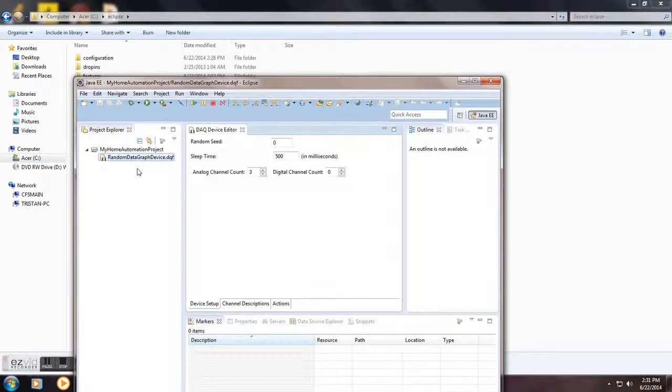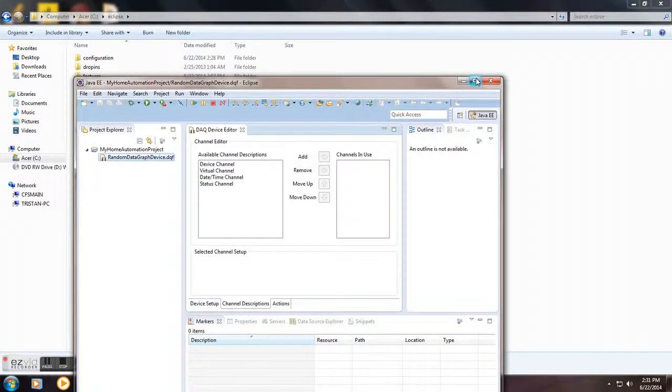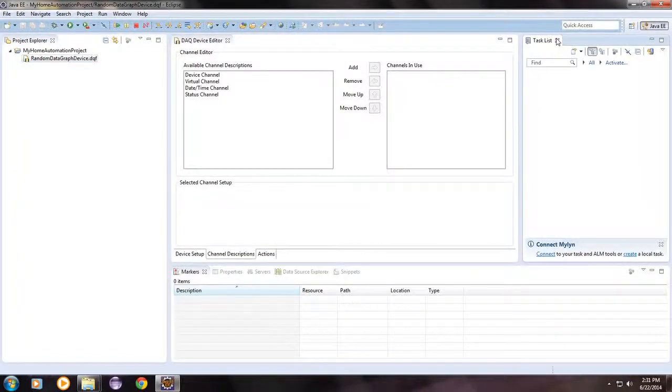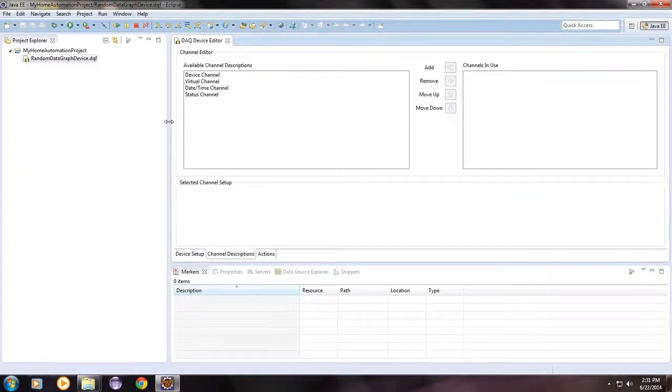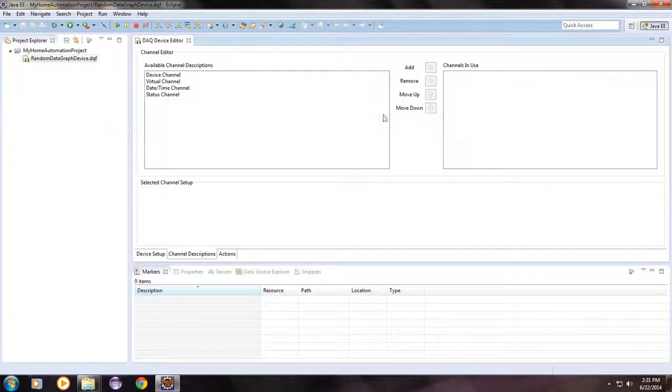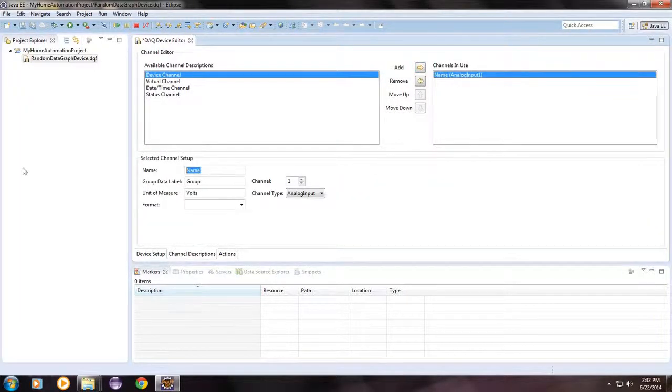Just expand your home automation project so that you can see the random data graph device, and then you can actually configure it. I'm customizing my settings a little bit here so that Eclipse looks a little nicer for everyone. And I clicked on the channel descriptions. As you can see, there's lots of options again here. We're going to create a new device channel. We're going to name it Living Room Temperature,